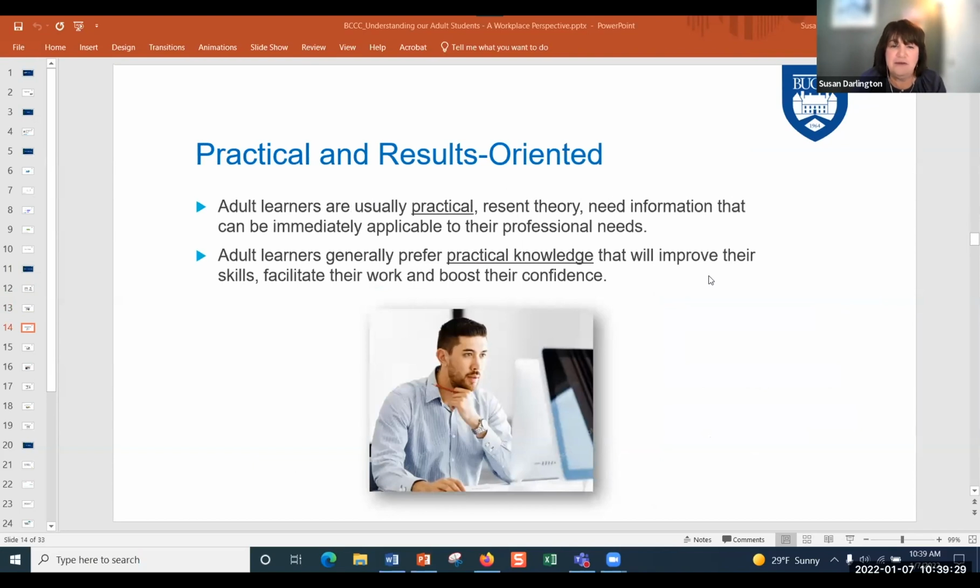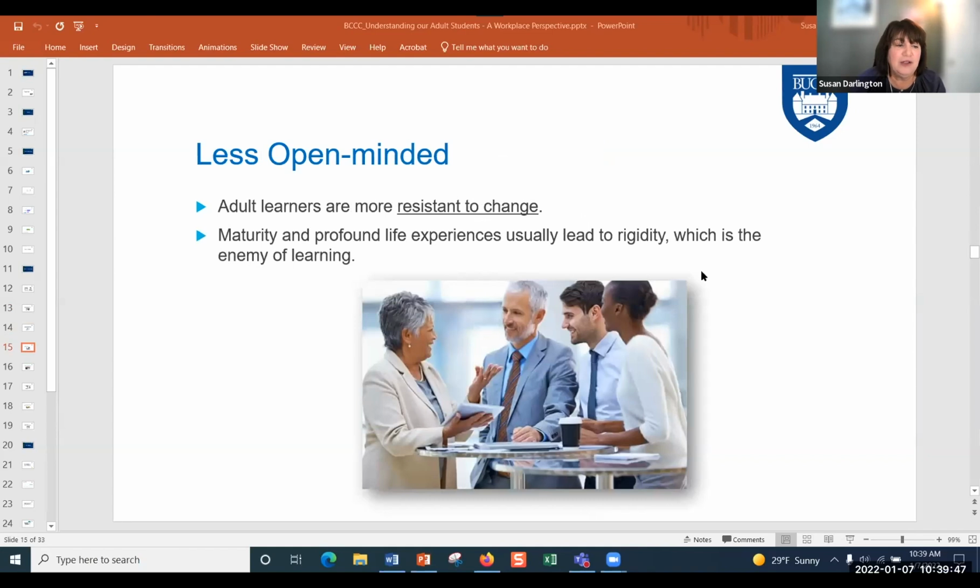Adult learners need information that can be immediately applicable to their work. They resent theory. So Matt needs to be in a program that's personalized, that will help him directly with his professional job. Maybe a program that includes coaching. Adult learners are more resistant to change.